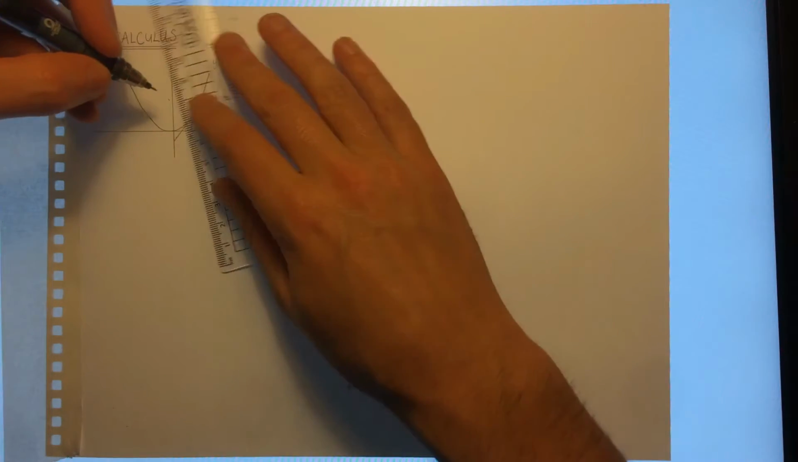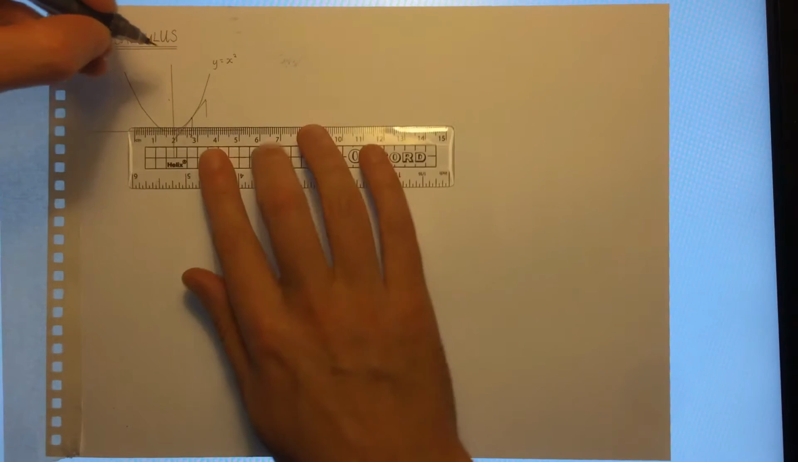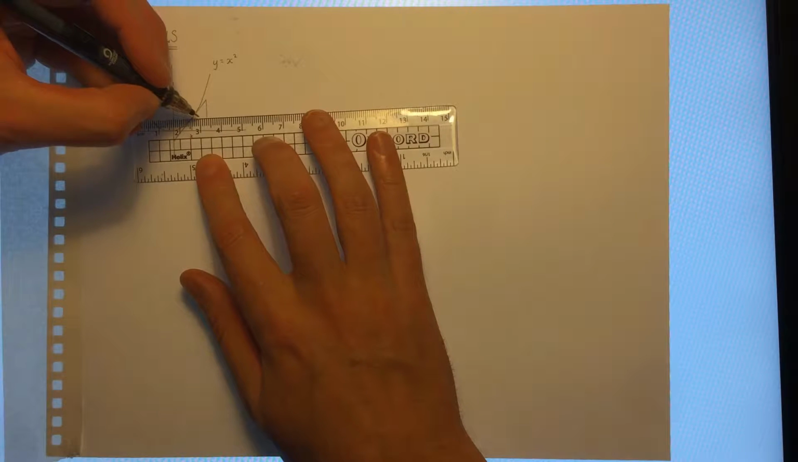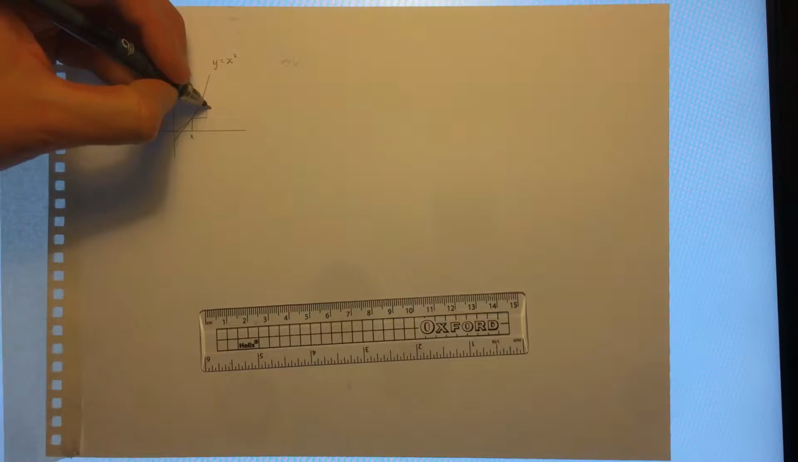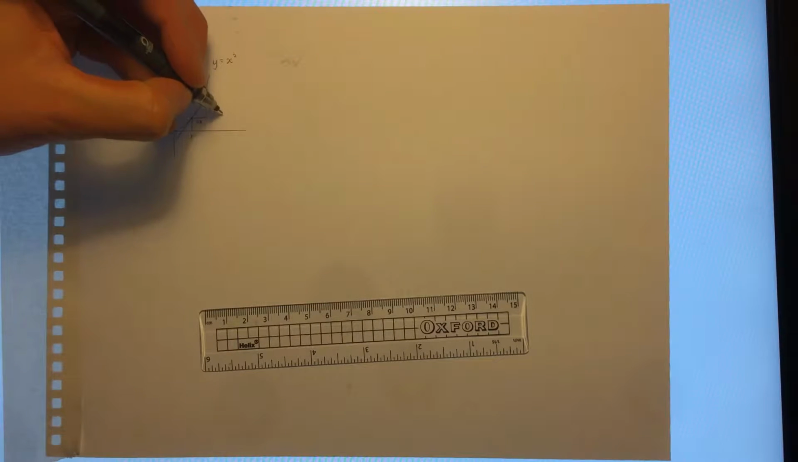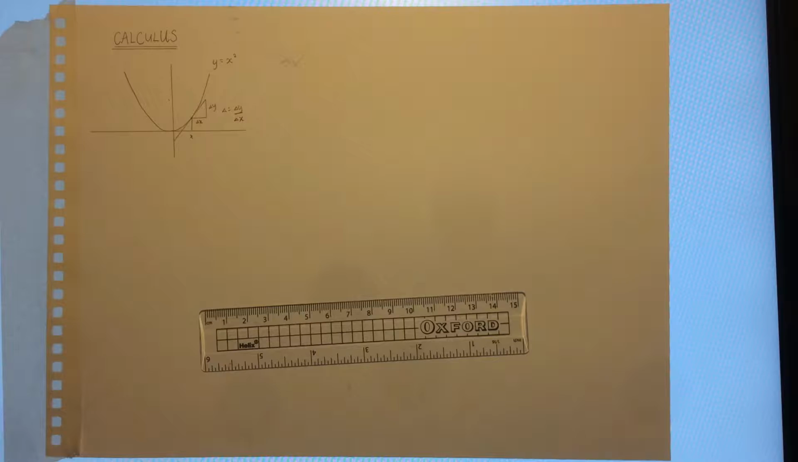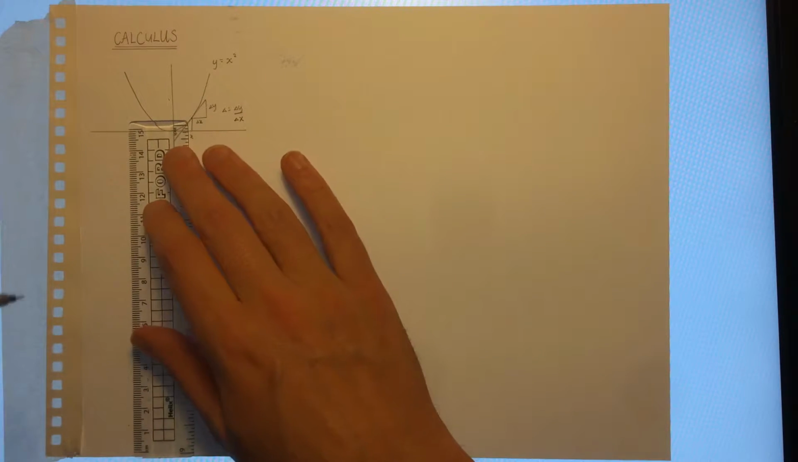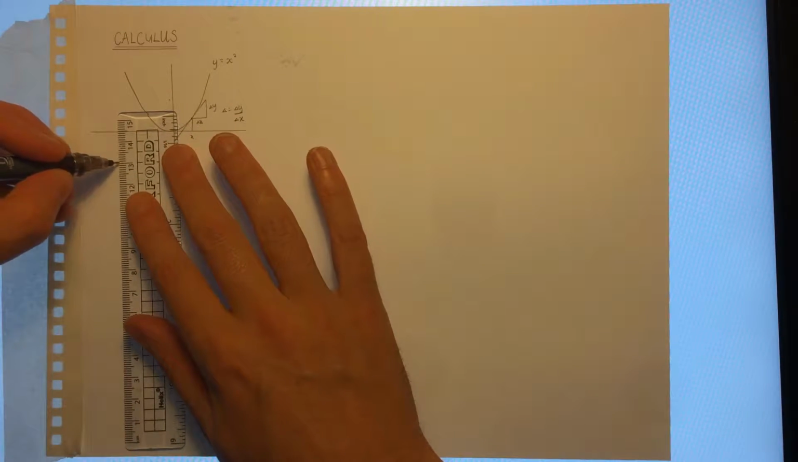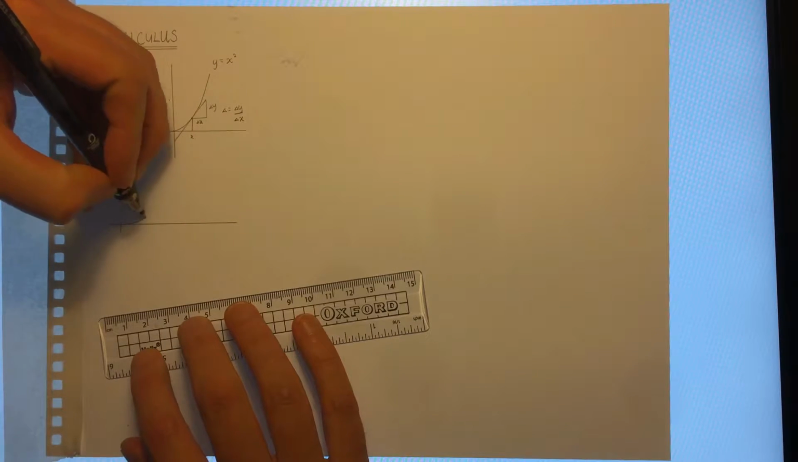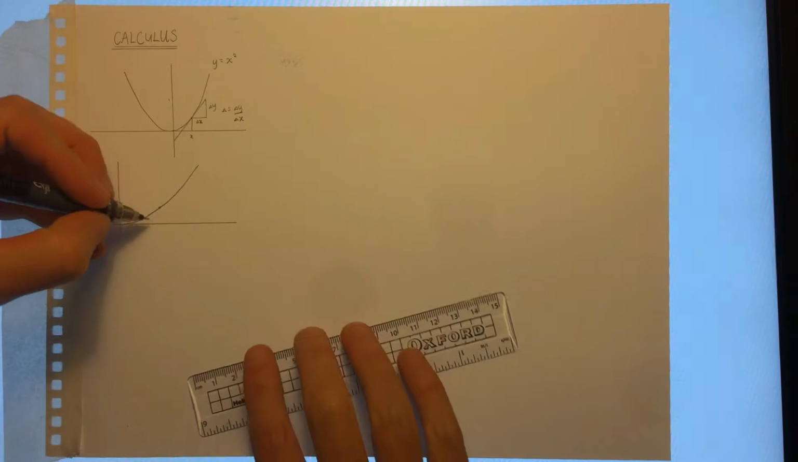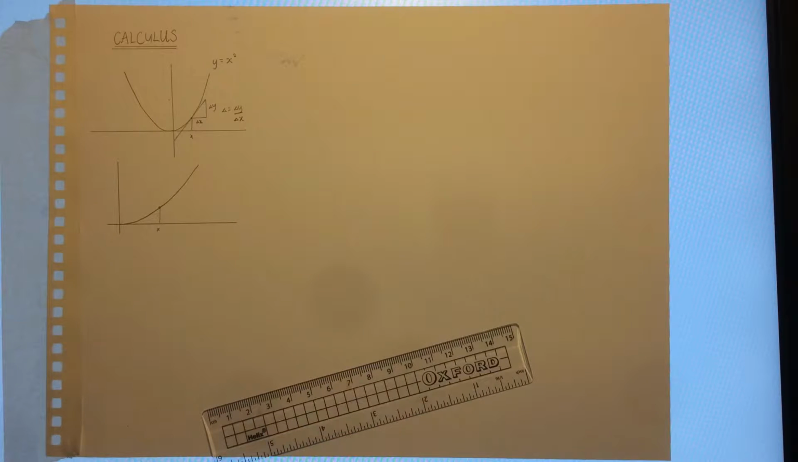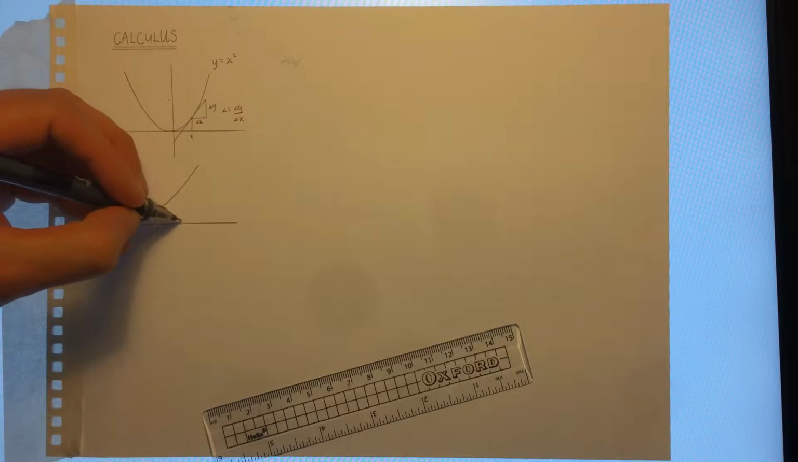So slope is the change in y divided by the change in x. Change in y, change in x, slope equals change in y over change in x. So let's redraw this section and spread it out a bit so we've got space to work with. Here's our x. So what we can do is we can move along a distance h,